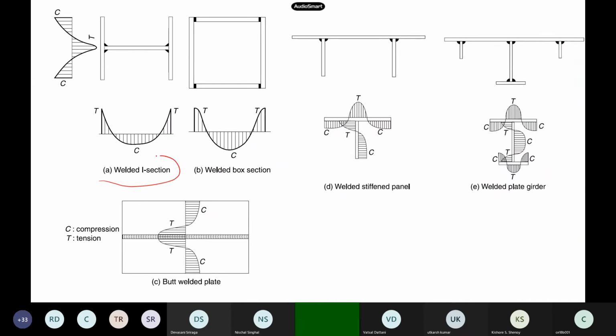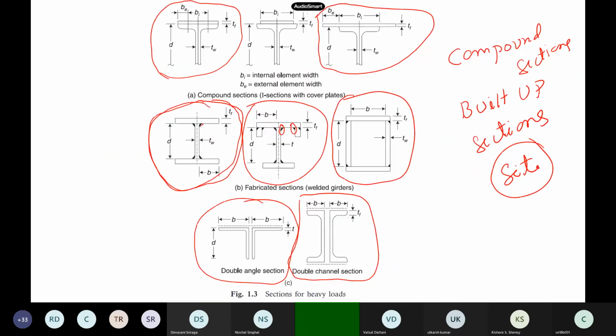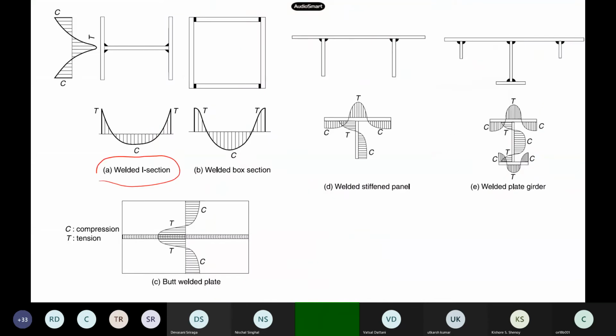These were welded I-sections, and as I already told you, if you are manufacturing this at the site itself, they bring the parts and do the welding at the site. When you do welding at the site, it is not even a factory, so you don't have control over the temperature. So these residual stresses come into the picture. This is how the residual stresses look. Before applying the load itself, the members are already under stress. This is the most important thing, and we should keep it in mind while designing.